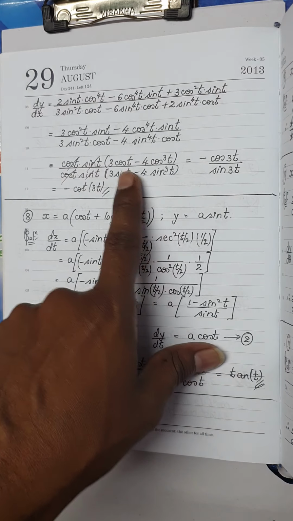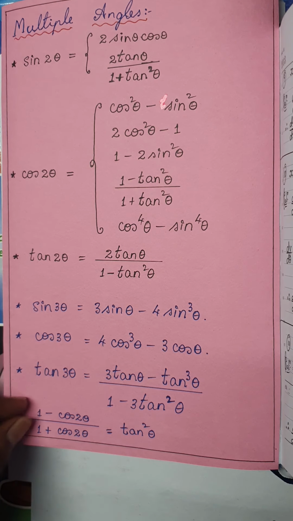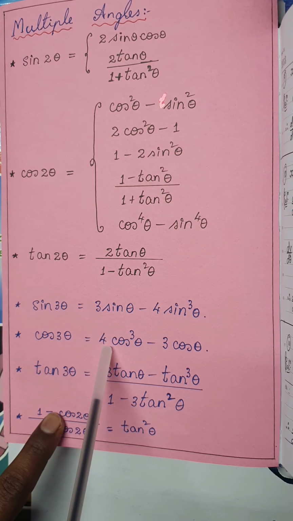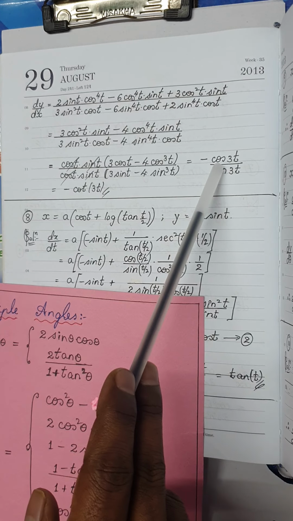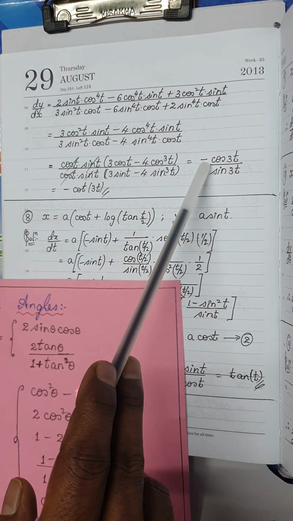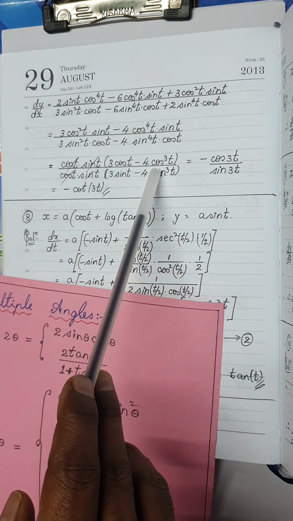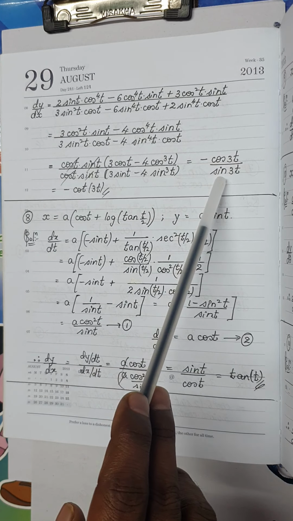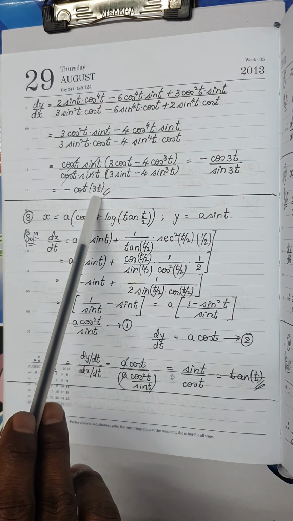Okay. Remember, and this is a formula. I hope you would be knowing the formula, which is sin 3 theta is 3 sin theta minus 4 sin cube theta, and similarly cos 3 theta is 4 cos cube theta minus 3 cos theta. Using it here, so numerator becomes cos 3 theta and denominator becomes sin 3 theta. Actually, why we take negative is because for cos 3 theta you have to get 4 cos cube term first. I have 4 cos cube term second, so that's why you'll get a negative term, and cos by sin is nothing but cot. So the final dy by dx is minus cot of 3t.